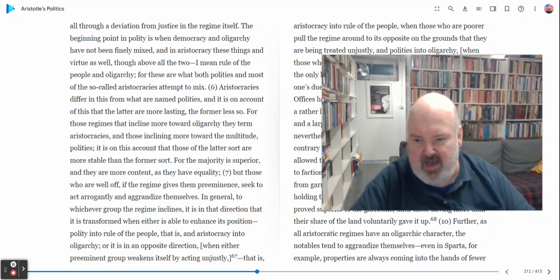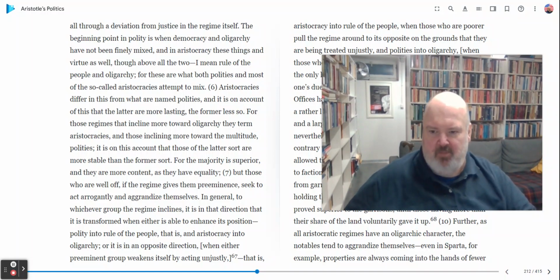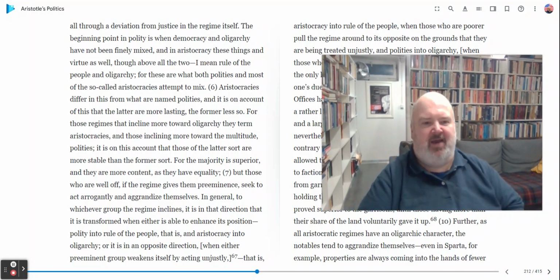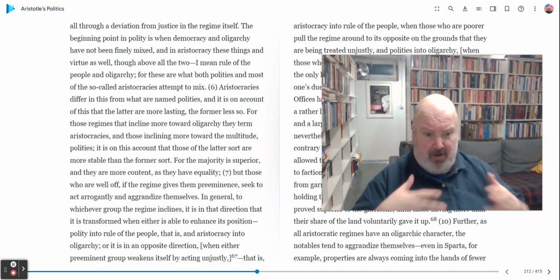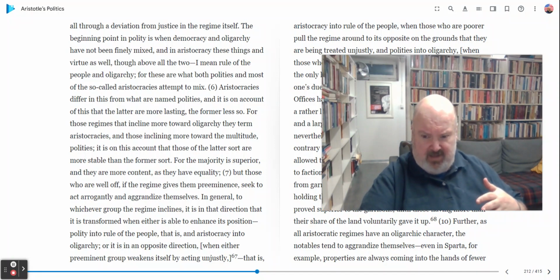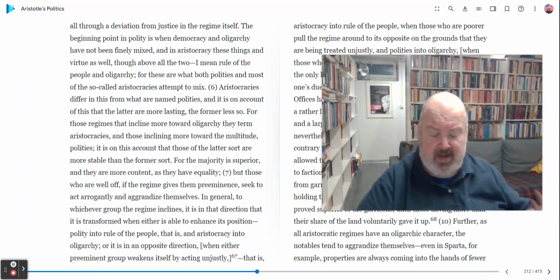For the majority is superior, and they are more content as they have equality. So the larger part is superior, and they're more content when they have equality. But those who are well off, if the regime gives them preeminence, seek to act arrogantly and aggrandize themselves. So therefore, the danger, again, this is a great line from Machiavelli. Remember that Machiavelli in The Prince says the claim of the great is they want to do great things, right? Aristotle's saying that those who think they are great or better, the wealthy, the powerful, the preeminent, are going to what? They will act arrogantly and aggrandize themselves,